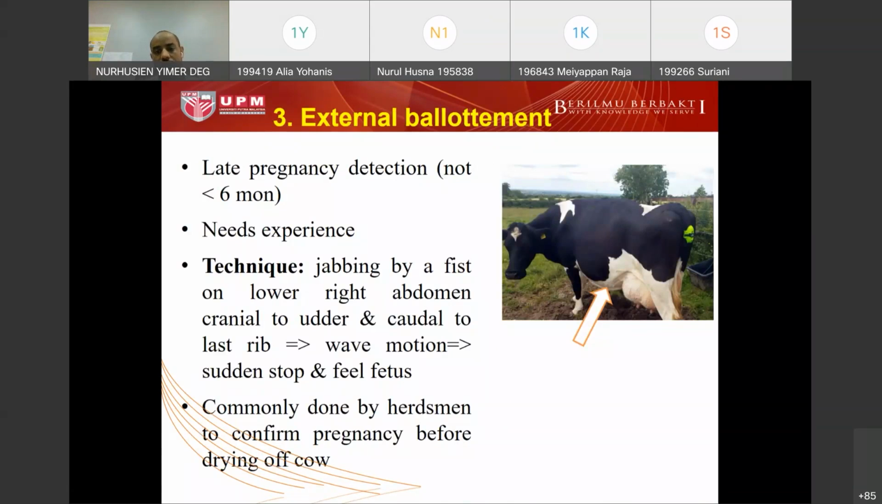So this is a relatively less advantageous kind of method, and of course, it also needs experience. Technically, what you will do is a jabbing kind of action using your fist at the lower right abdomen, which is cranial to the udder, as you can see here. It should be on the right side, not on the left side, okay? So from the right side, cranial to the udder, bounded by the